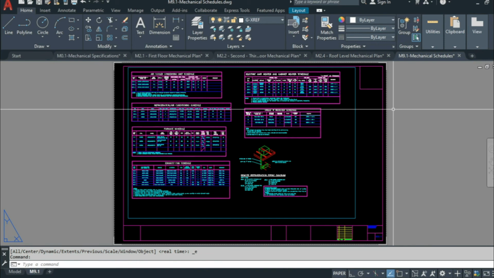CAD sheet M9.1 is mechanical schedules that talk about the proper ventilation CFM, meaning that every room will be comfortable to sit in. For example, seeing the schedules report, we will know what type, the size, the amount and cost of the mechanical equipment for the client.